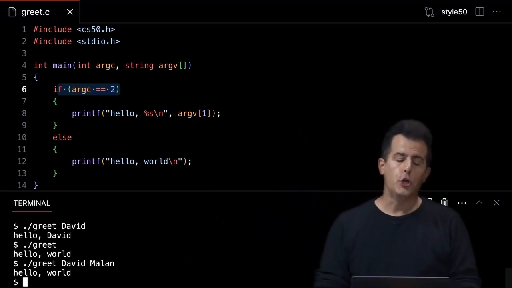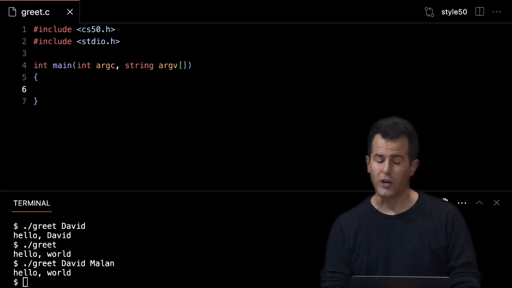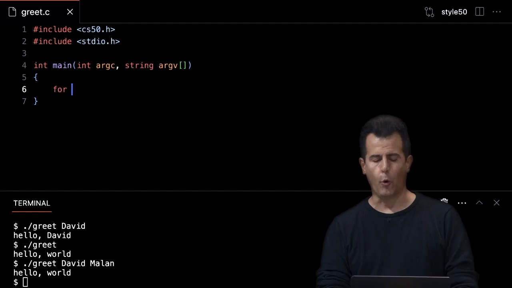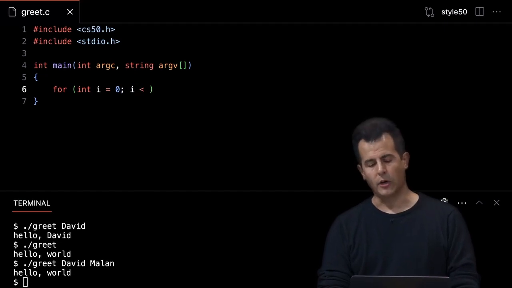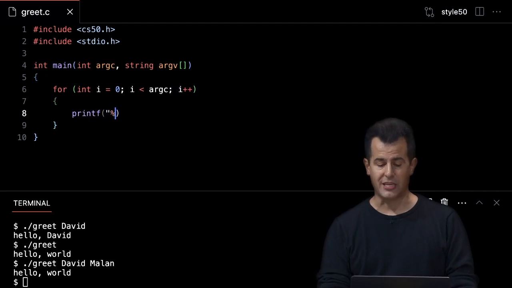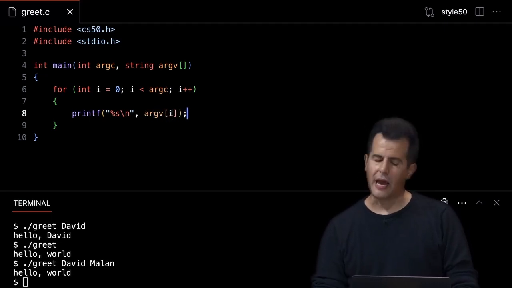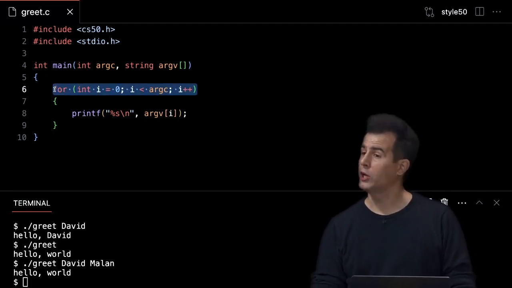Now, if we don't even know in advance how many words they're going to be, we can combine today's ideas. This is going to look a little weird, but it's the same thing as before. For int i gets 0, i is less than, how about argc, i++. And then inside of this loop, I can print out %s, maybe \n, comma, and then print out argv bracket i. So I can have a loop that iterates argc number of times, once for every word at the prompt.